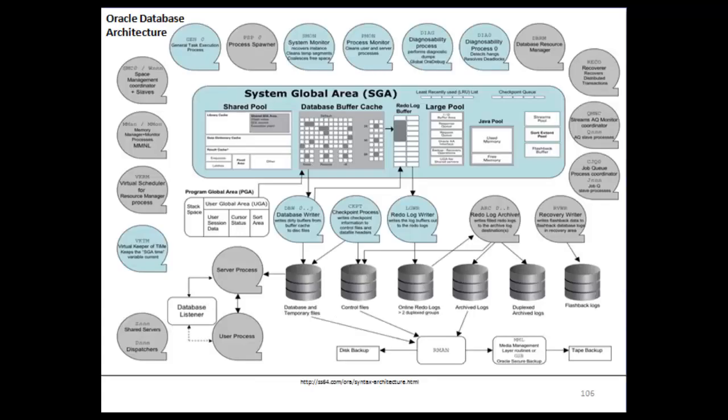So this is pretty much all that we have from a process architecture standpoint. The next slide just talks about the entire Oracle architecture in a single slide. This is a slide which is available on the web, the URL of which is given below. And here's how the Oracle architecture looks. You have the memory components, then you have the mandatory background components, then you have the database files which form the database layer. And I think this is a fantastic representation of how the Oracle architecture looks.